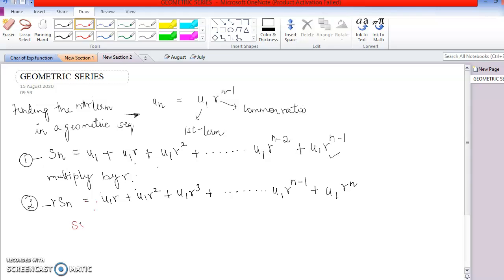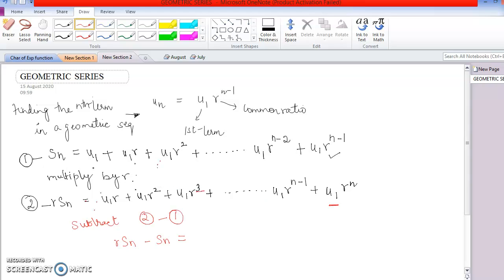So if I subtract the first equation from the second equation, I will get rSn minus Sn is equal to, everything will get cancelled except the last term here